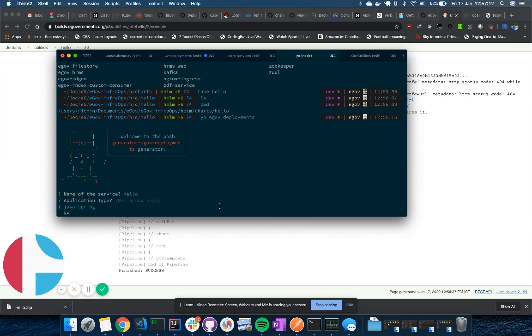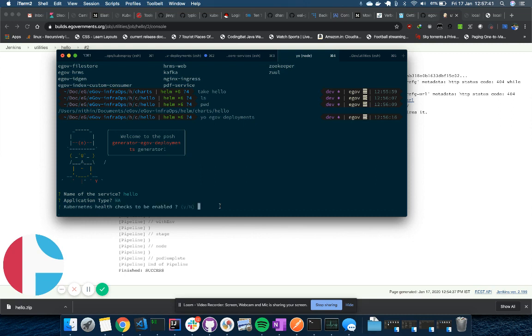Now, the reason we have Java Spring is because that's the most used in our environment, right? So there could be a Node.js and various other things. What it does is give you a set of default environment variables such as database connectivity, Kafka connectivity, and all of those things, so that you don't have to manually specify any of them. In this case, I would say not available because I don't have a database, I don't have a Kafka, anything running. It's a Hello World application. Right? So I will just skip that.